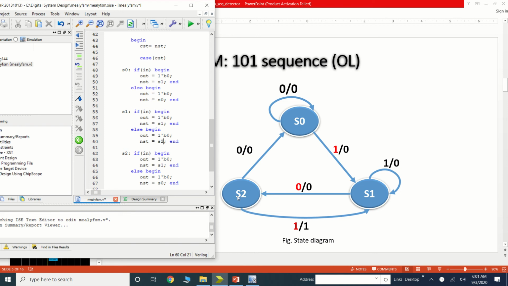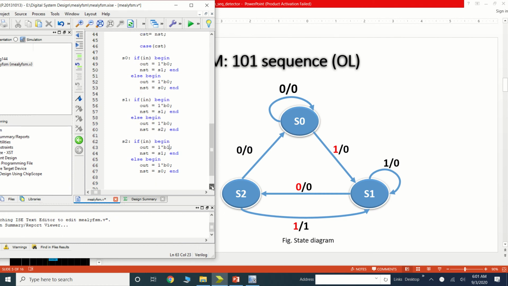Now the next state S2. When we are in S2 and input equal to 1, we are getting the targeted sequence and output would be 1. The next state would be S1. When we are at S2 and the input equal to 0, it will go to the reset state and output equal to 0.